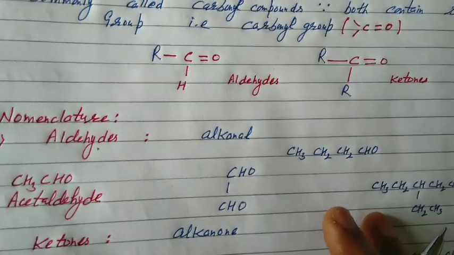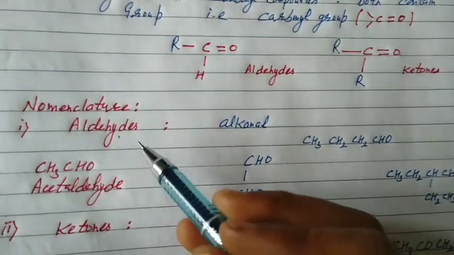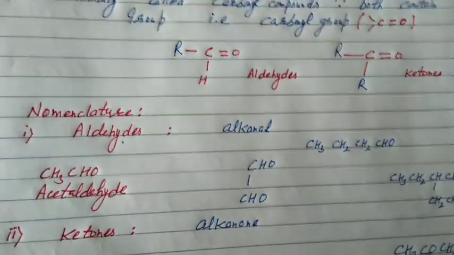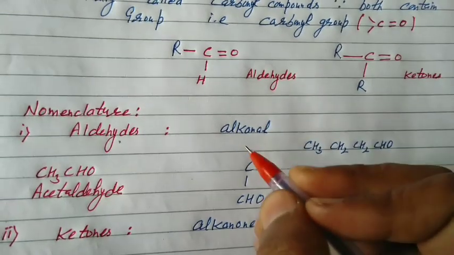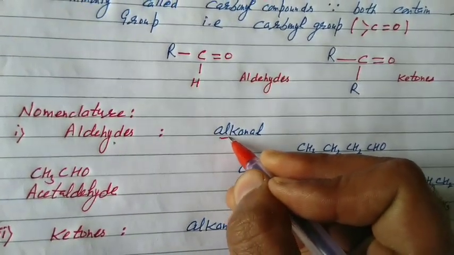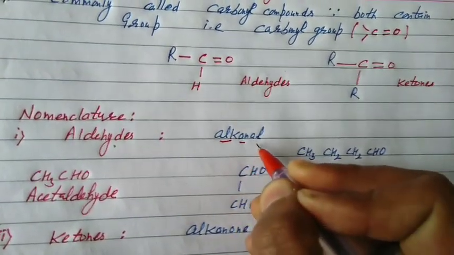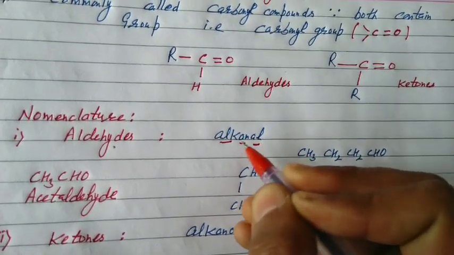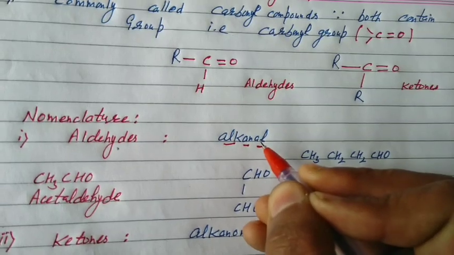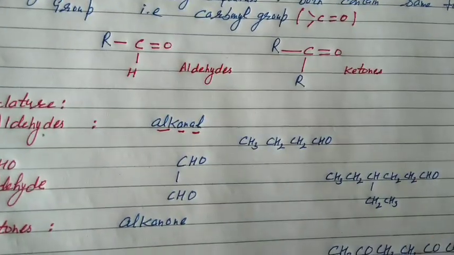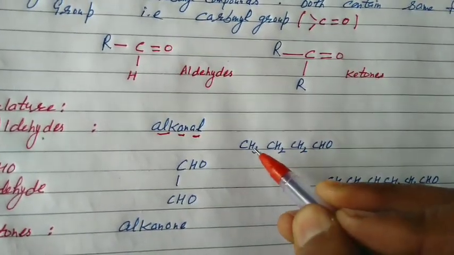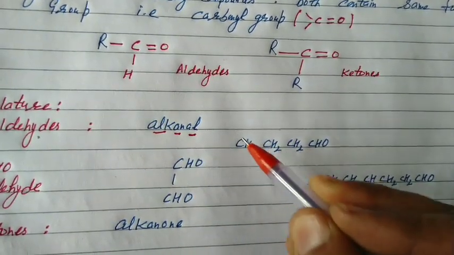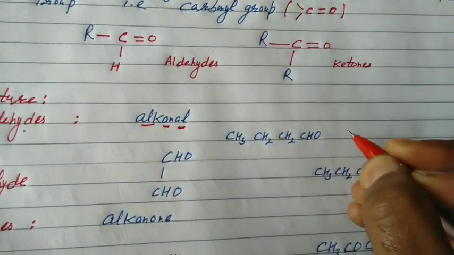Next, nomenclature. According to the IUPAC system, aldehydes are named by using the term alkanal. All of you know: alk is the word root, with the primary suffix, and al is the secondary suffix for aldehydes. Alkanal is the combination of word root, primary suffix and secondary suffix. Let's try. There is a chain of 4 carbon atoms. Definitely the word root will be but, that is saturated, primary suffix is an. What's the IUPAC name? Butanal.